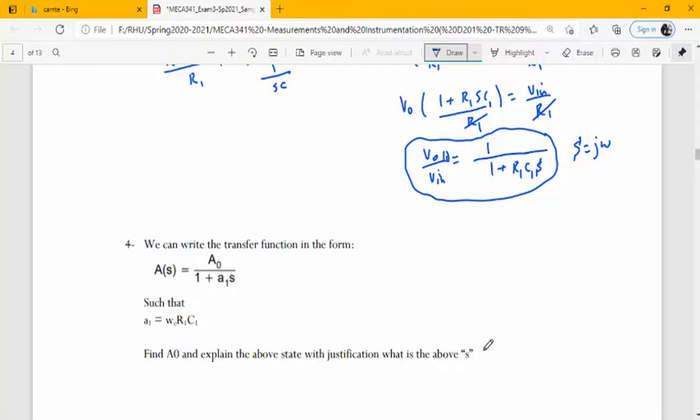So what is the difference between this and that? From where we get, if we compare it, okay, we can say like A0 is 1 and A1 must be R1 C1. Why is it given by omega C R1 C1? Okay. Remember that S, as we discussed inside the class, is the normalized presentation of the transfer function. Okay. So this S, small s, is the normalized frequency. Okay, normalized frequency with respect to the cutoff frequency is the normalized